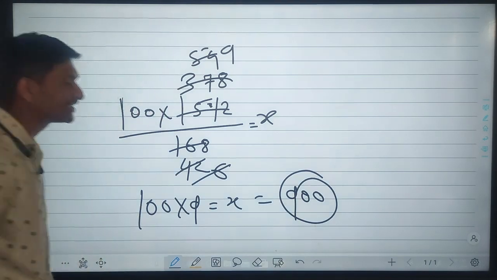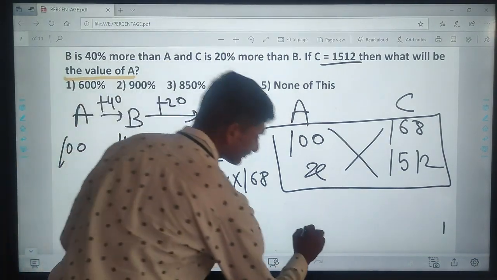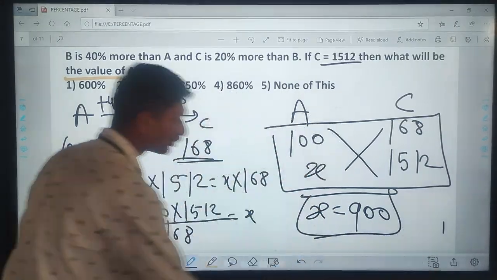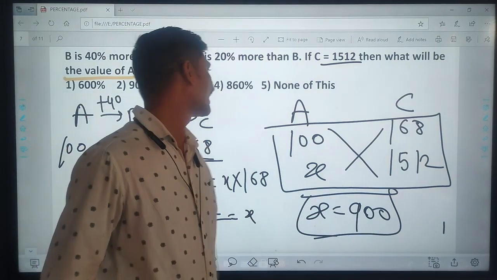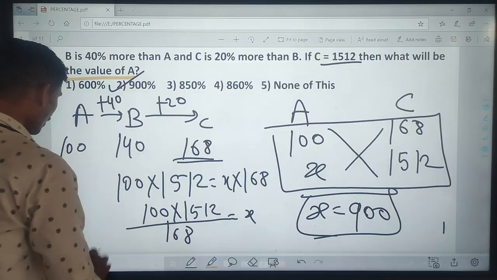Now your answer is 900. After solving this calculation, x becomes 900. Your answer is 900. Now next,